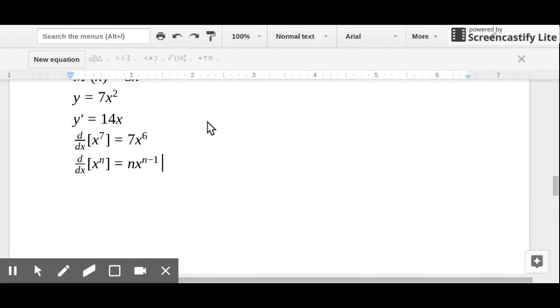But let's go ahead and work one with a fraction up there in the power. So we'll let n be, if you don't mind, I'll write it like this right here. A half is equal to, now we're going to bring the half out front. Bring the half out front. x raised to, I'm going to put this in parentheses, half minus 1.